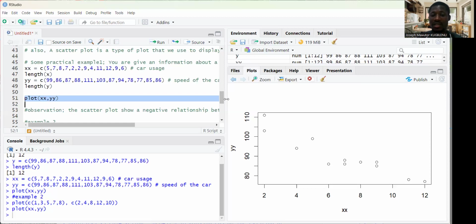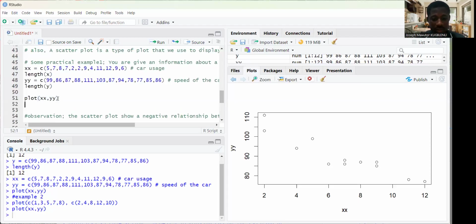Now let's come back to this code, the negative relationship. Let's add more flesh to it. Let's label our graph, and so let's have the plot function, xx